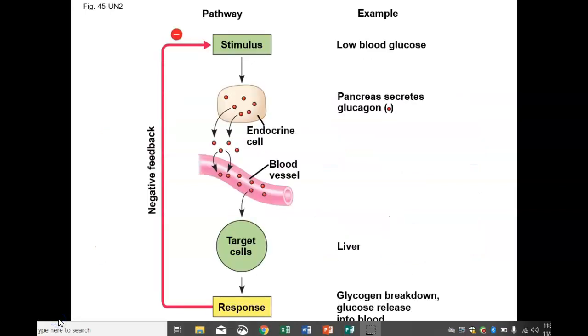Another important set of responses that you need to know and understand are how your body maintains homeostasis for blood glucose level. So if there's too much glucose in the blood, it can be damaging to your organs. And so your body has to really maintain a very steady state of blood glucose. So what happens when you pick up a donut, right? So if you pick up a donut, you're going to have a different response inside of your blood. Your body has to get the glucose out of your blood and get that glucose stored away so that the glucose can't damage your other organs.